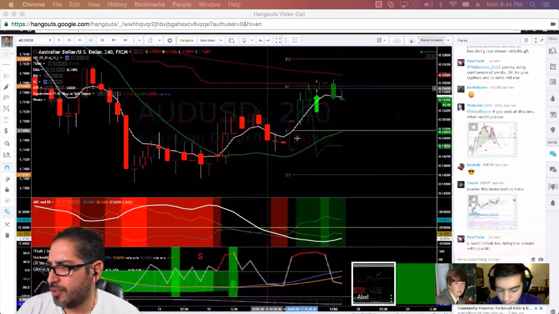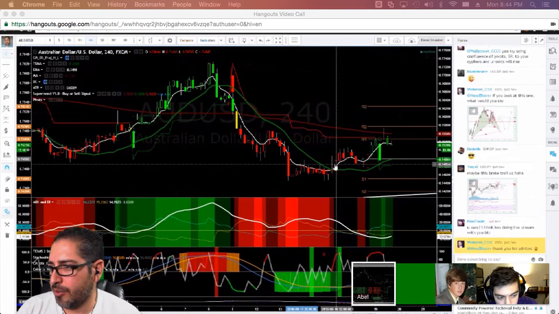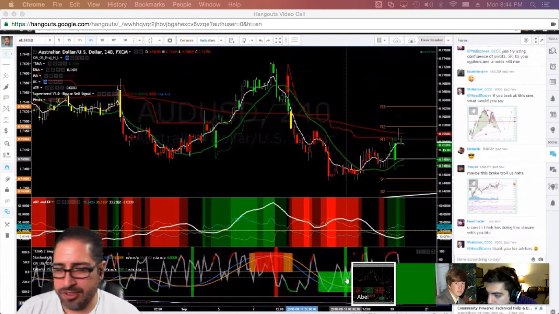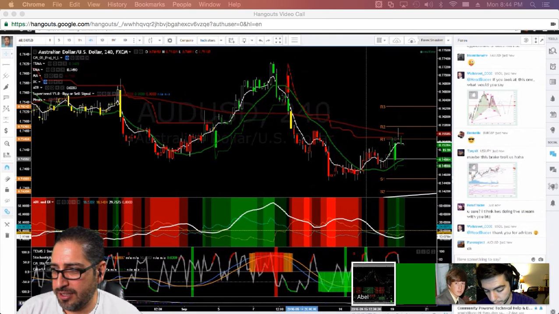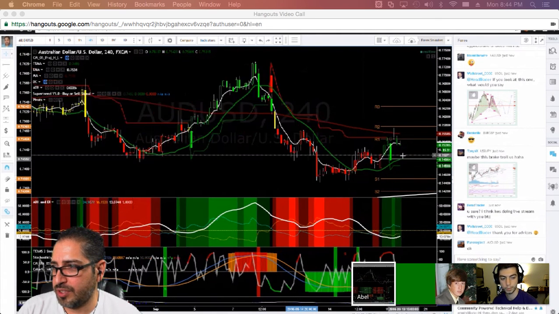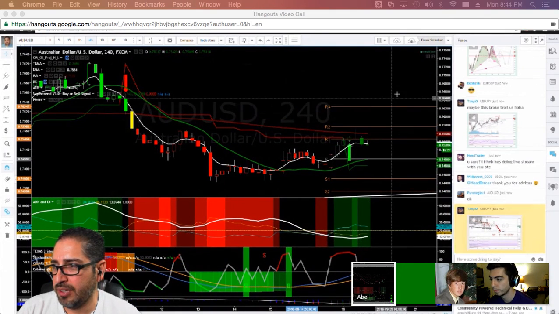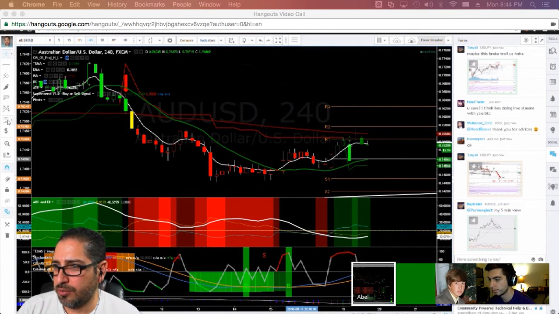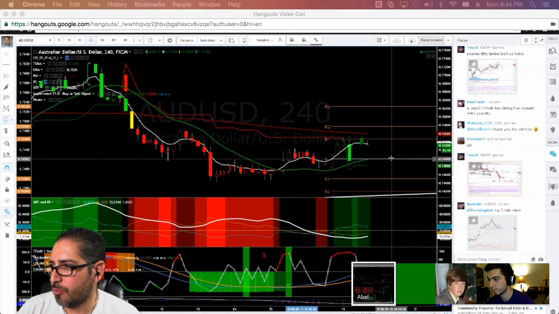On a 4-hour chart, it looks like it'd be more of a pullback. My indications are usually, I pretty much base my stuff on price stochastics. So here where the 2 green bars are at, the stochastics have bottomed out and crossed. So to me, on a long-term basis, this is going to pull back to this green line back here, so maybe to this pivot point, and then go back up. So I would probably want to go long somewhere about right here.